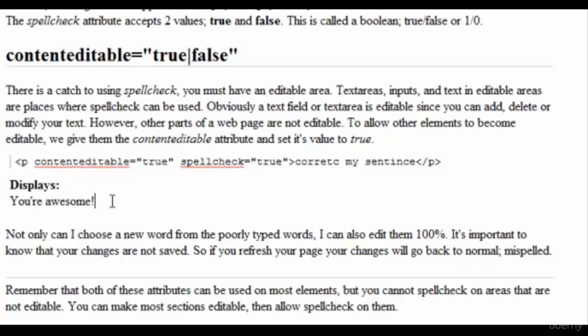So if you refresh your page, your changes will go back to normal and they will be misspelled. Any content that you did edit will also go back to whatever the default is on the page and it won't be saved. Just to show you what I mean, I'm going to refresh the page here. So you see I refreshed the page and the sentence that I wrote, "You're awesome," is now gone and is